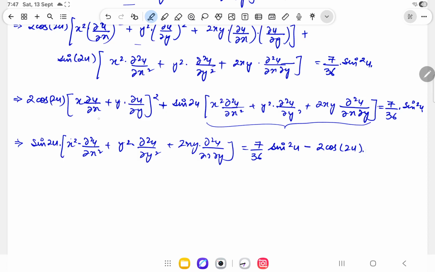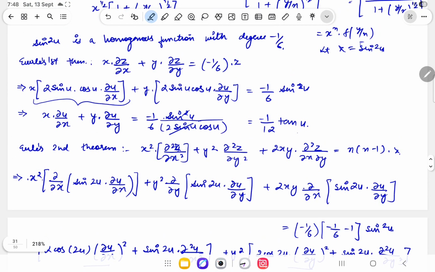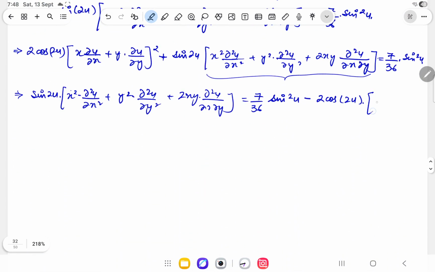We can replace this using this, that is this thing is equals to minus 1 by 12 tan u, minus 1 by 12 tan u whole square. So from here I'll be getting x square del square u by del x square